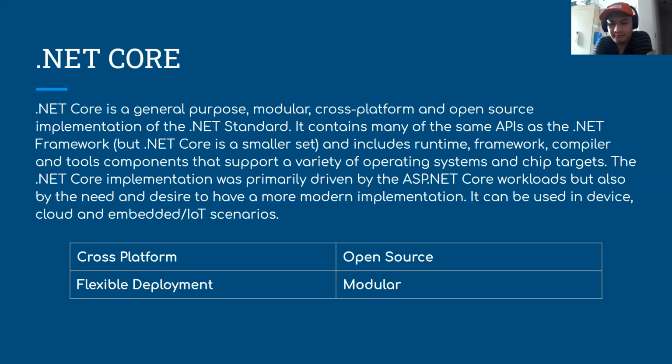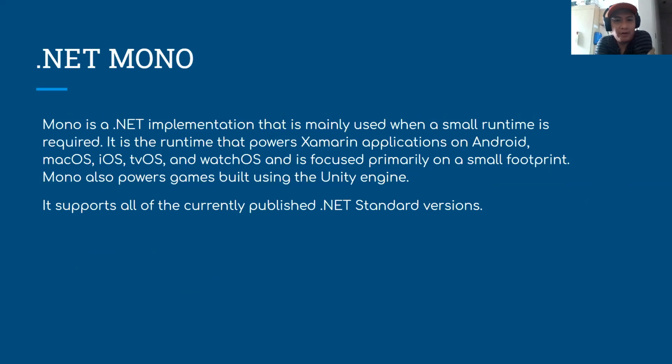It is basically built for the cloud technologies. Okay, it's built for the future, the .NET Core. When it comes to Mono, this is for small machines, just as I said before, used when a small runtime is required. Power Xamarin. You can develop, you know,